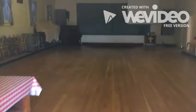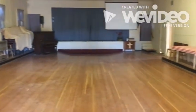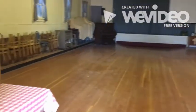Inside, the hall includes a large room, which is rented on Sundays by the Alfalfa Community Church. But the hall is also available for a number of other functions, and we're going to be talking